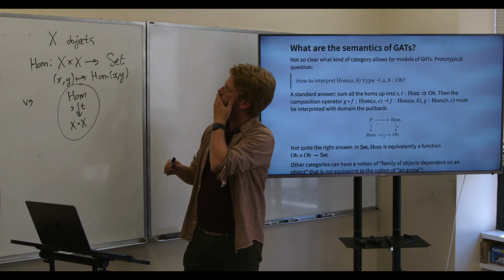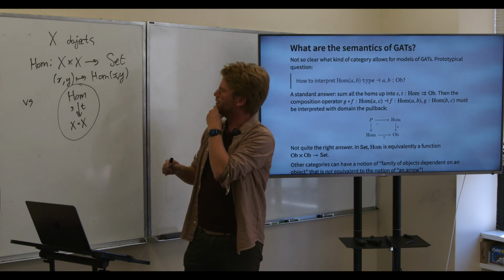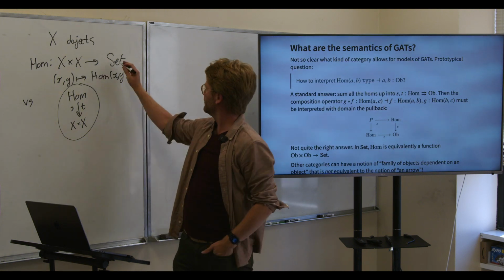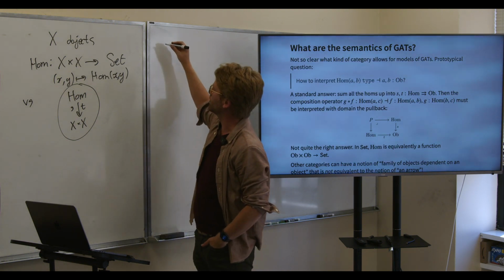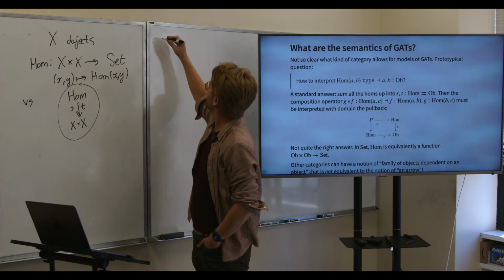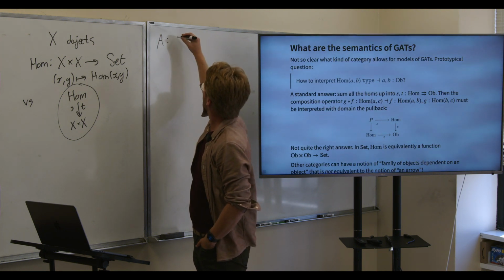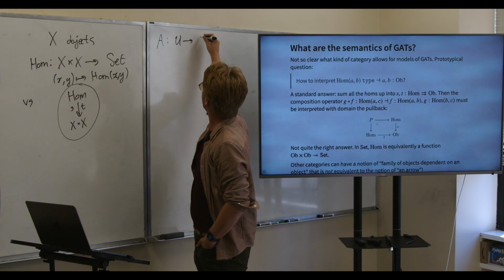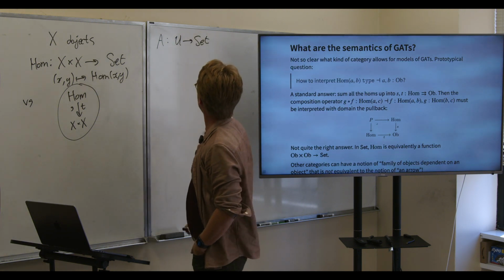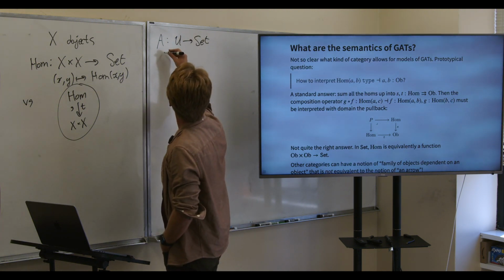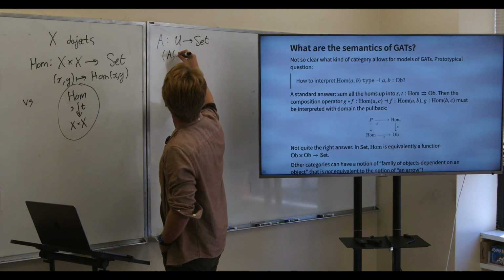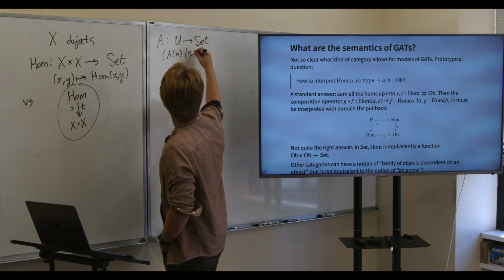Perhaps it would be good to make sure we're clear what exactly that correspondence is. If you have something like that, which is a collection of sets A of u for every u in U,